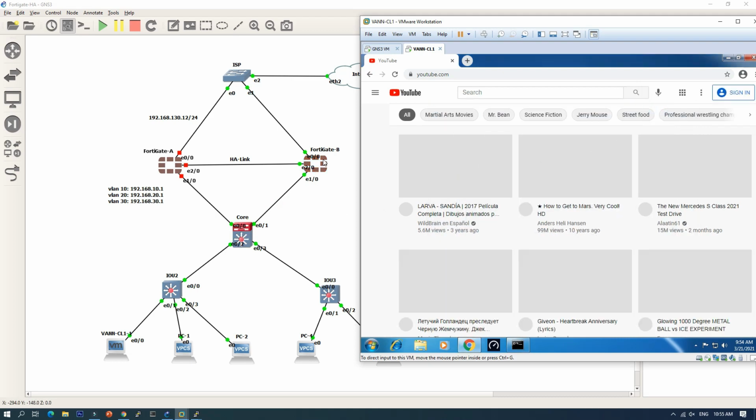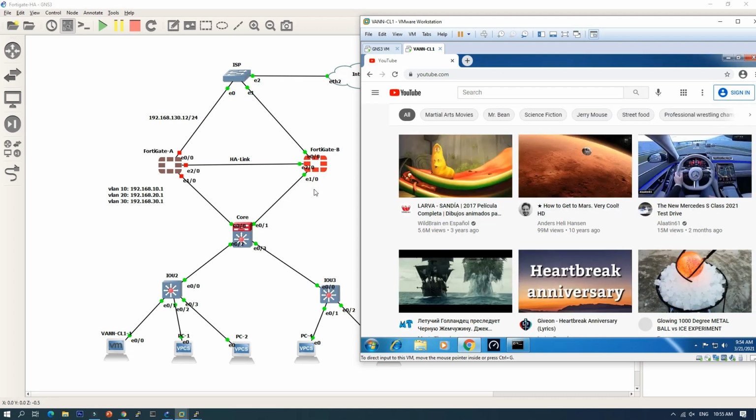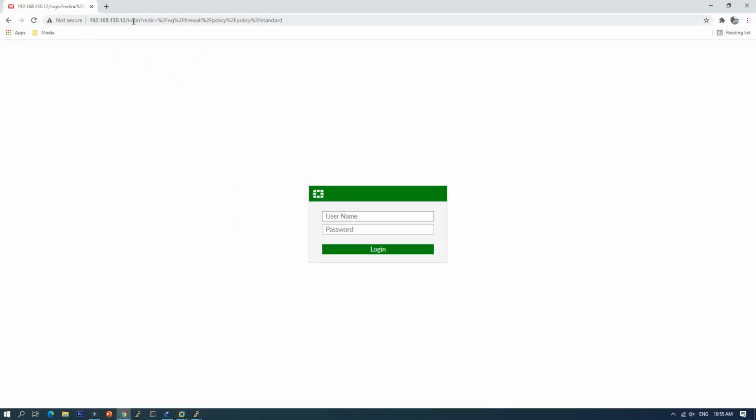So the FortiGate B will take over the FortiGate A and become the master. So let's go and check. Like I said, this IP can be FortiGate A or FortiGate B based on the HA.